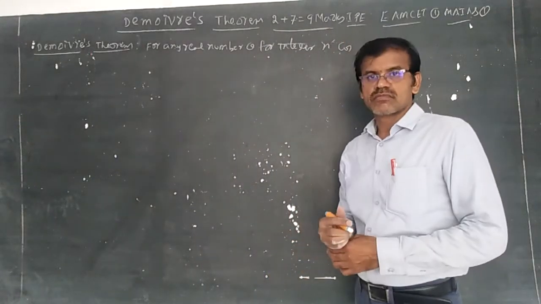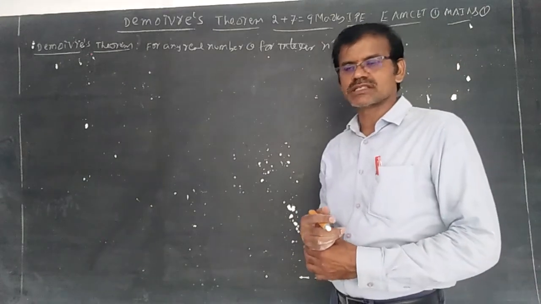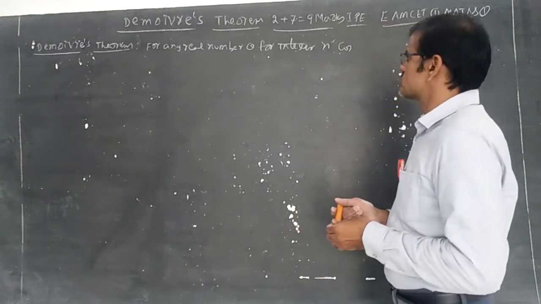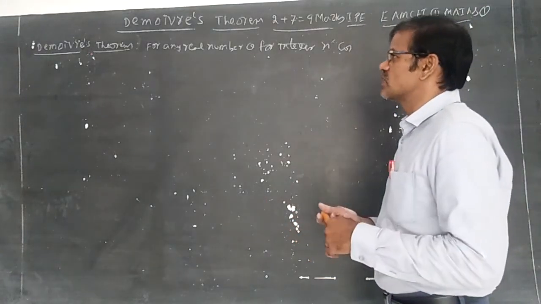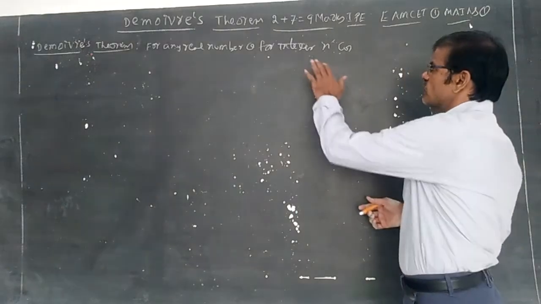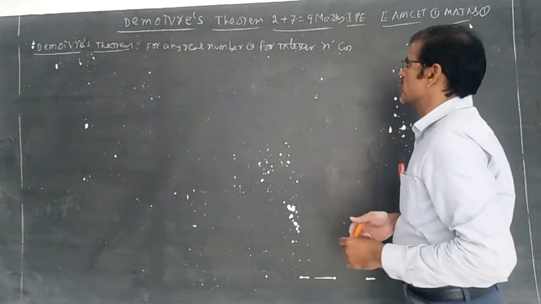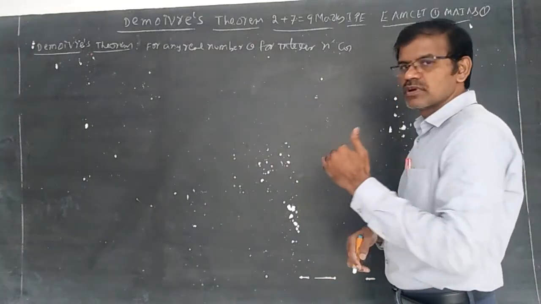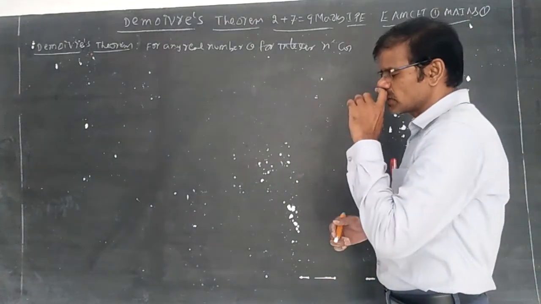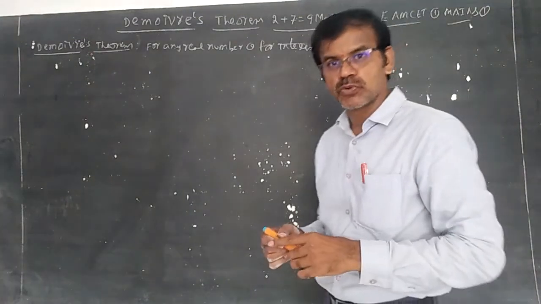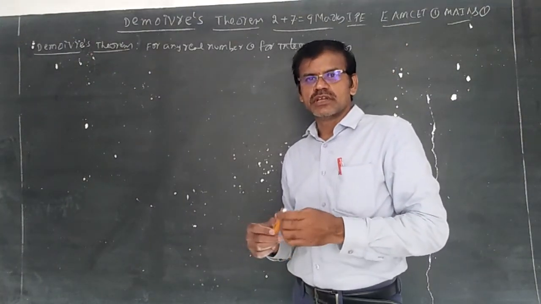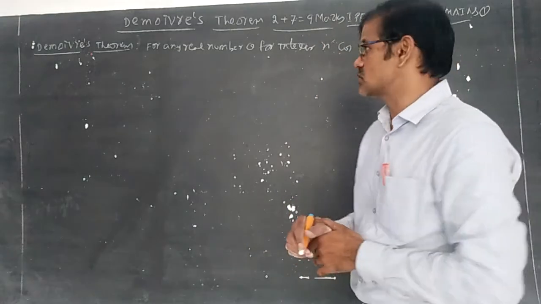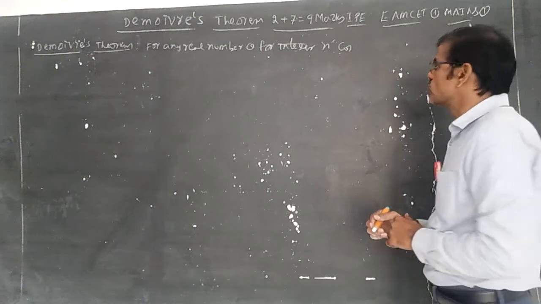For negative integer, for positive integer, and for rational index also we can say, not for real number. Rational, negative, positive integer altogether become real number. But to prove this, let us consider a positive integer. Let us consider in the proof it is a positive integer. Only one time we faced this question, a 7 marks proof asked in 2008 or 9, I think, not 2012 or 2013. So better to prepare the proof also.